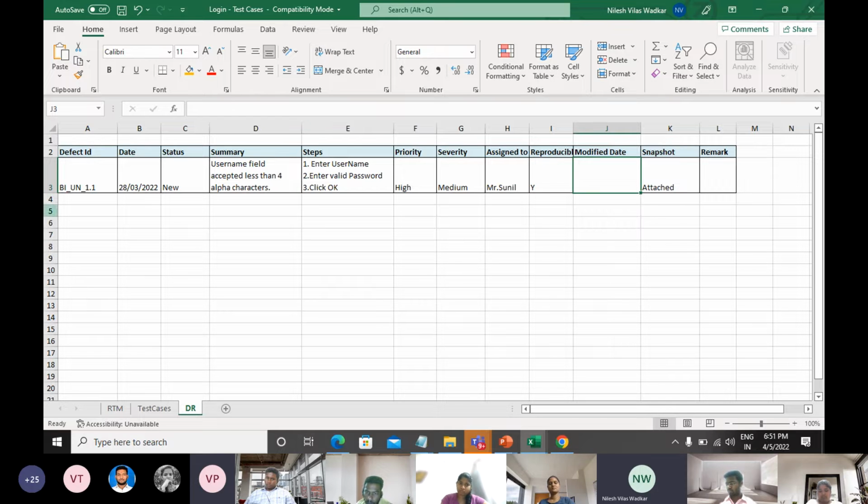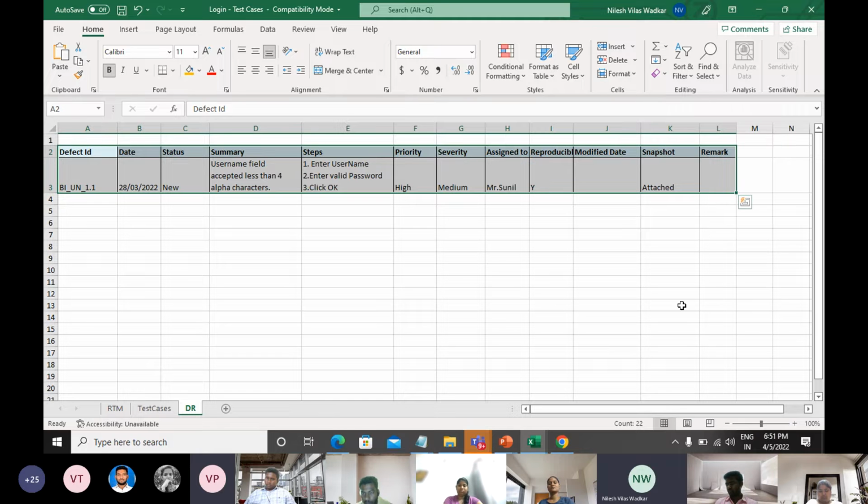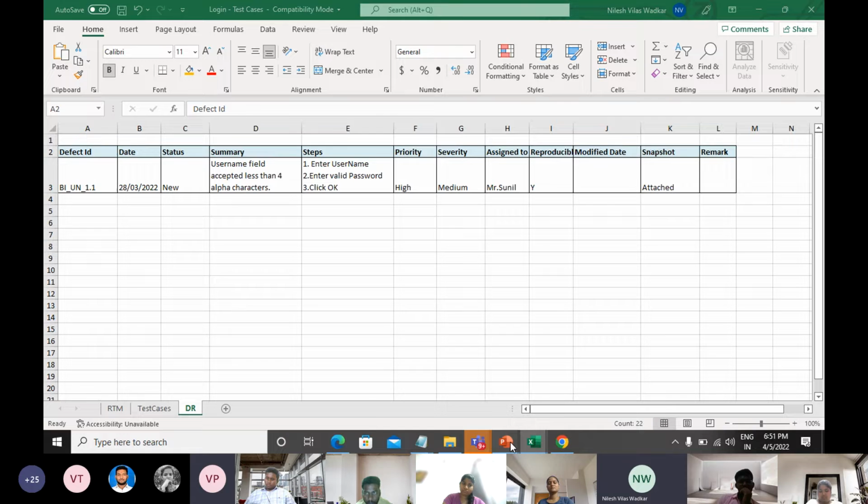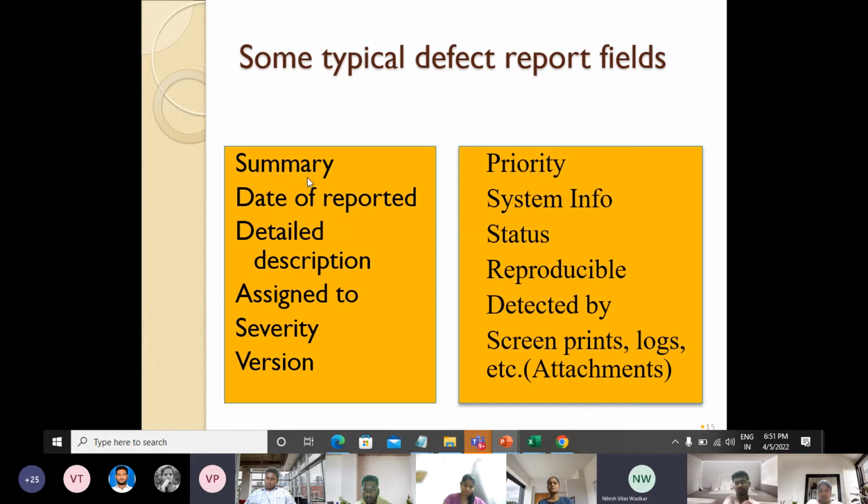Right. So this is all about the defect reporting. These are the fields that come under the defect report, like summary, a short description about the defect, date reported, detailed description, which is nothing but the steps, assigned to the developer. Severity is nothing but how severe the impact is when you find the bug, whether it is serious. Then the version, priority is nothing but